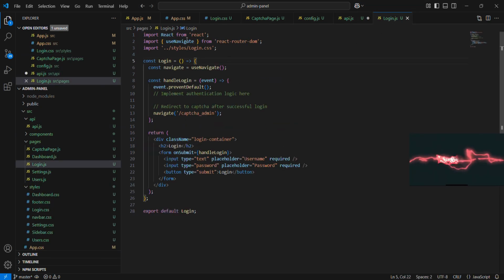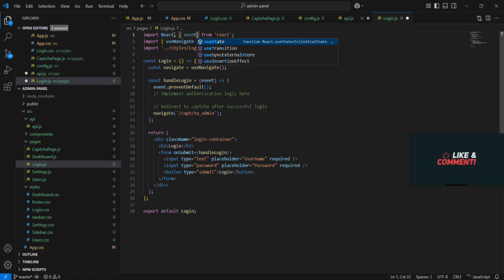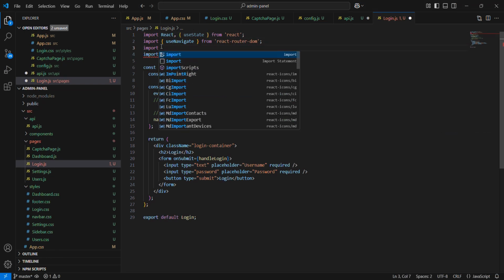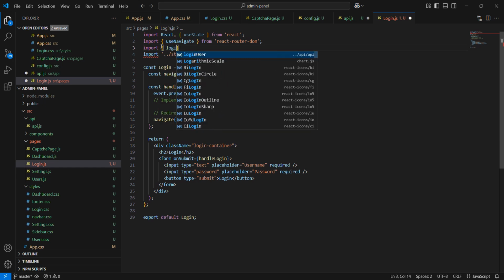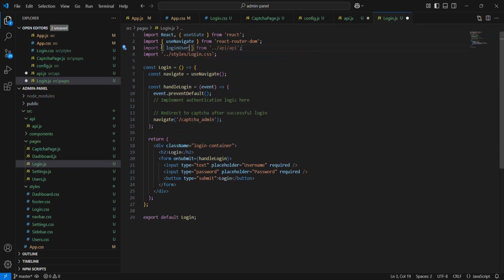Next, we will update our login component. Here we are importing the useState hook from React, which is used to manage component state. Next, we are importing login user function, which sends the login request to the backend. By the way, we created this login.js page in part 1 of this series.